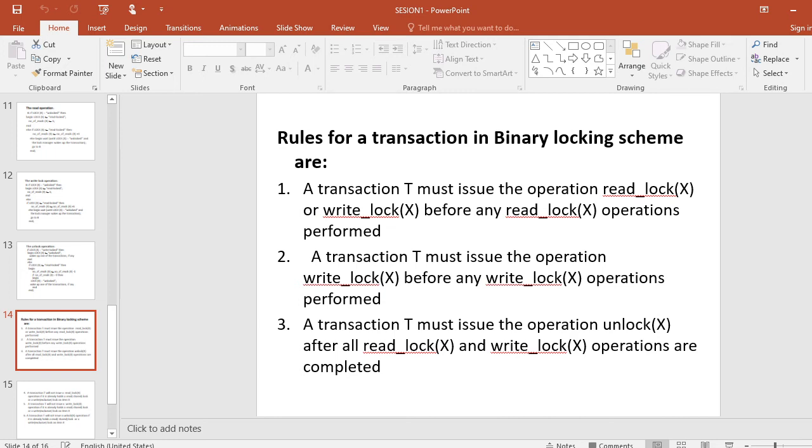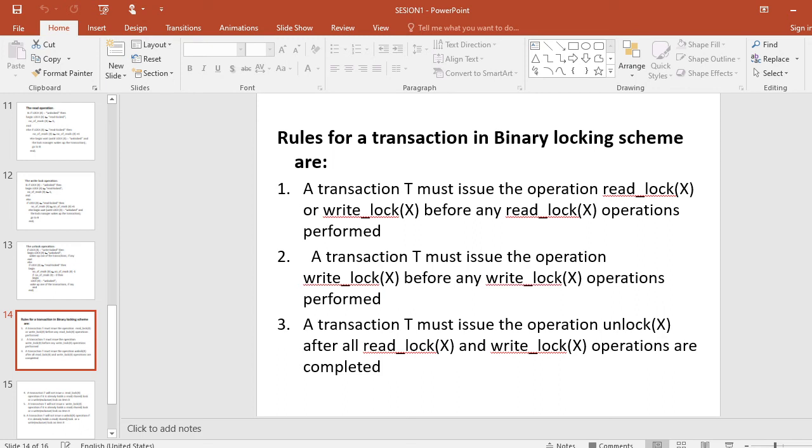Number 5. A transaction T will not issue a write lock x operation if it already holds a read, shared lock or write exclusive lock on item x.